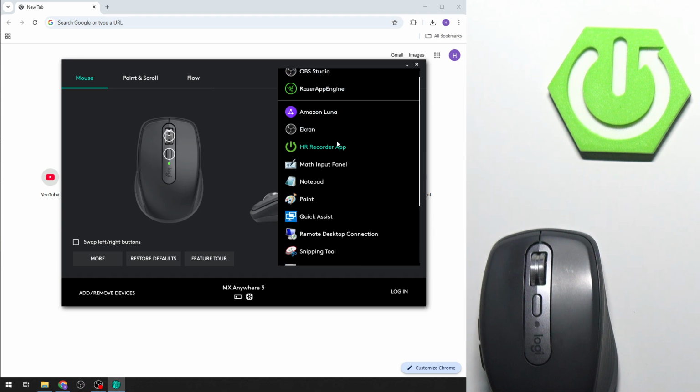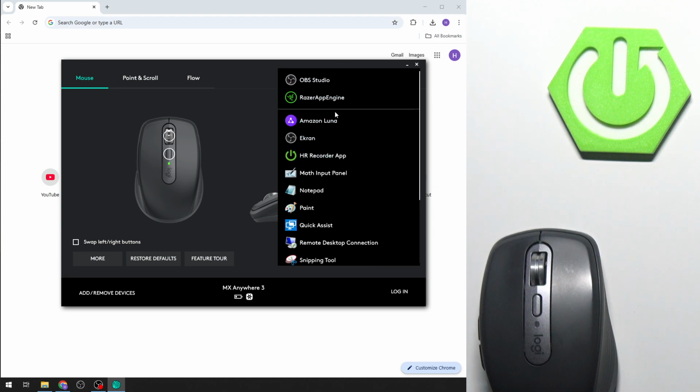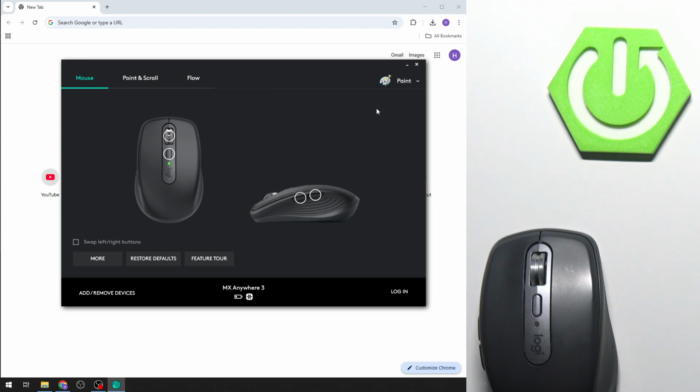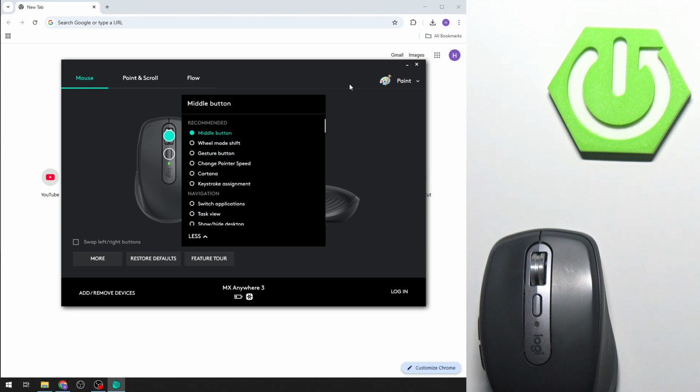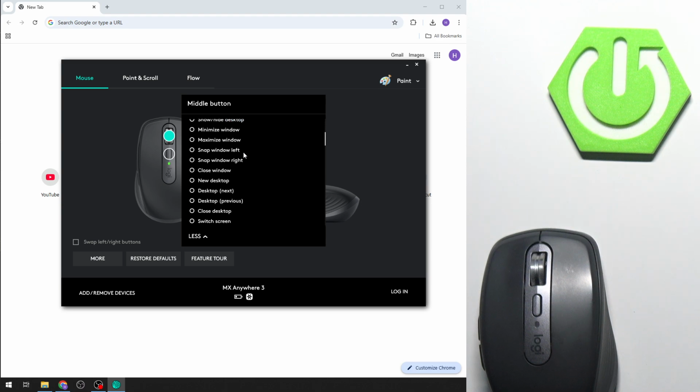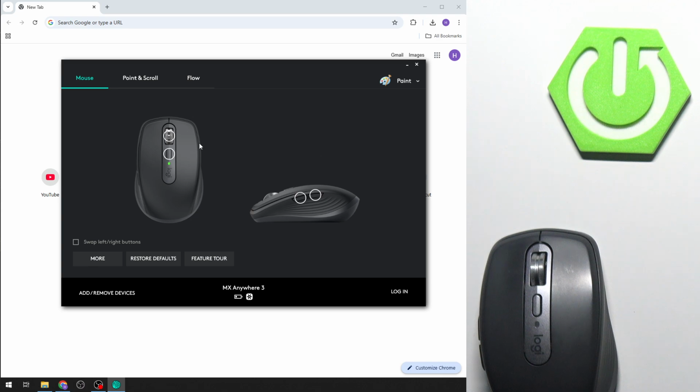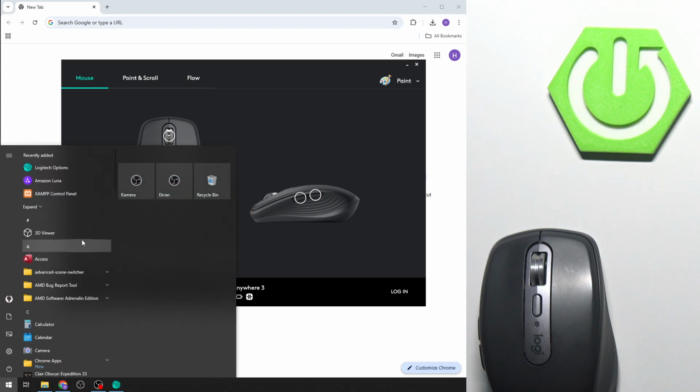We have a list of every single application on our device. In order to showcase that it will indeed work, I will go to, for example, Paint. And now we can set some custom function to the middle mouse button only for Paint. So, for example, let me go to the screenshot tool. It saves automatically. So now if you go and search for Paint,